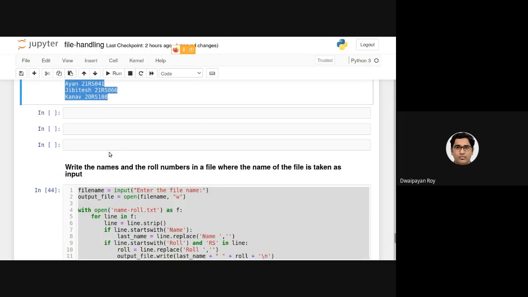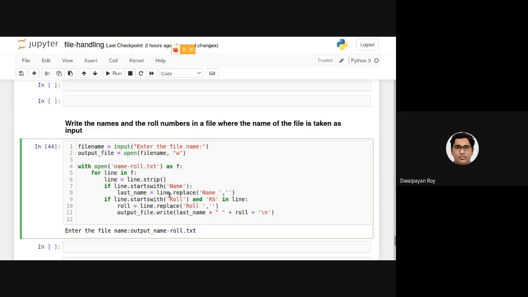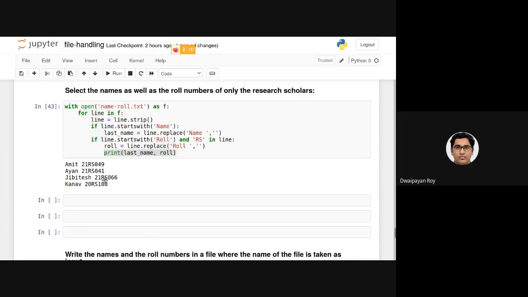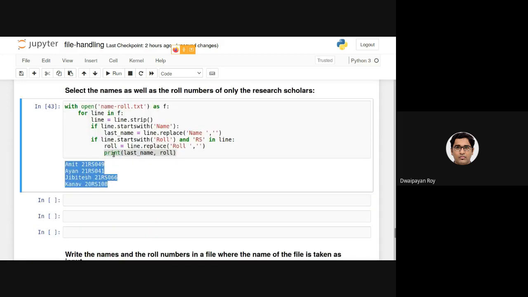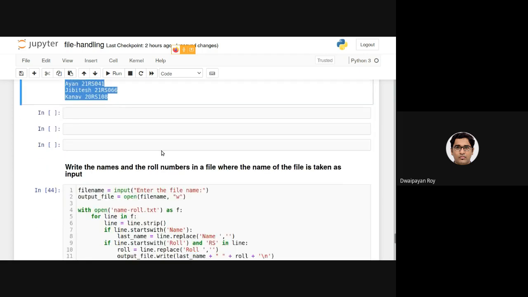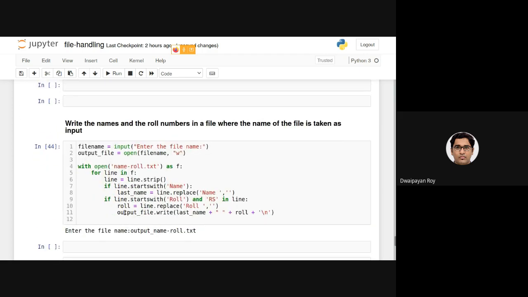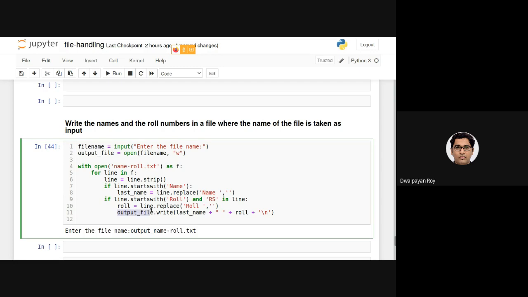What is wrong with this code? Can someone guess? It should have been containing this information, because instead of printing on the screen, I'm applying this write function and I want to write that in this output file, which I am giving as user input.